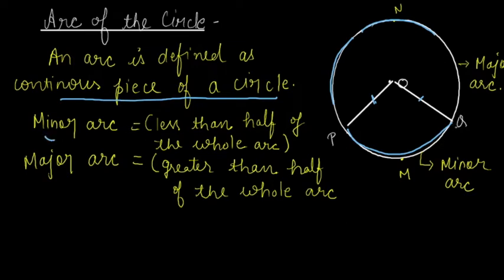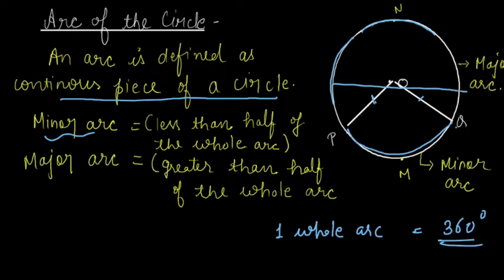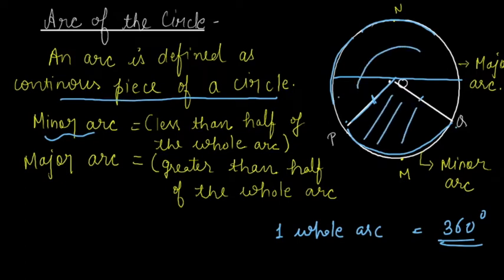So what is a minor arc? Less than half of the whole arc. This complete circle is one whole arc. And we know that this complete angle forms 360 degrees in the case of a circle. So if I draw any two radii which form less than half of the whole arc, because if I divide it from the center, that means if I draw a diameter, then you get two equal arcs. But if I am drawing two radii here, I am getting this one portion and the rest is another portion. So this forms the major and minor arc in the circle.